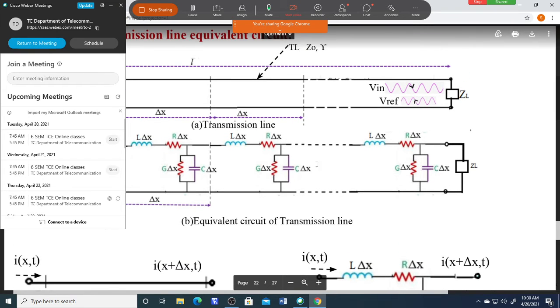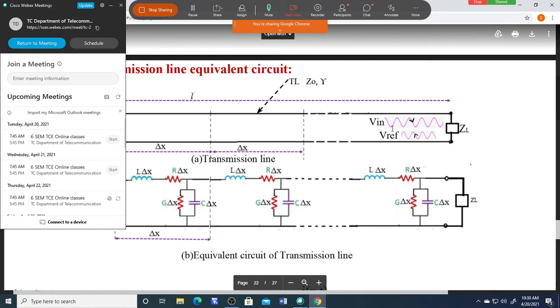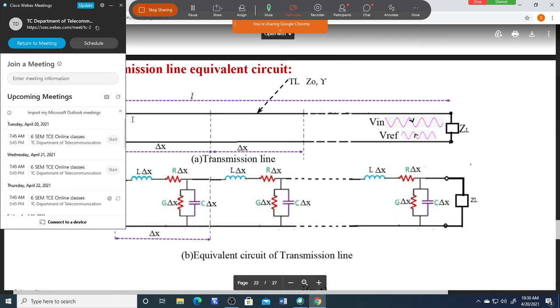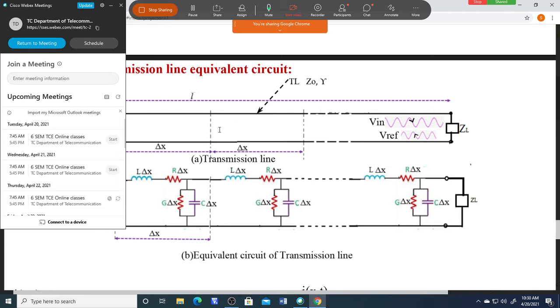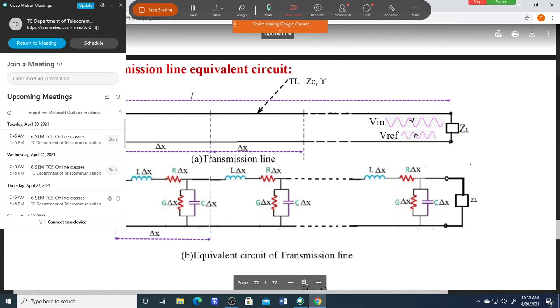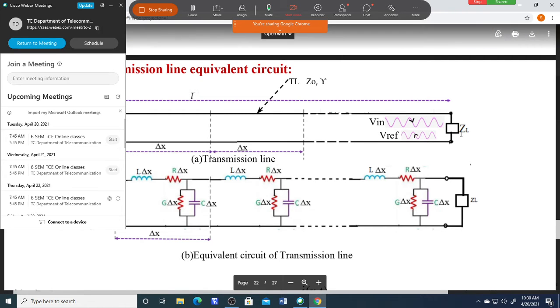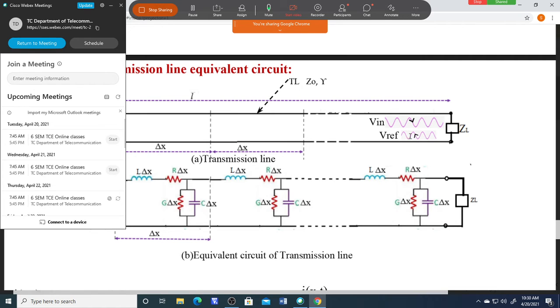Now here, this is a voltage wave what I indicated. So at any point we cannot simply treat this signal as the voltage corresponding to this voltage, because there are two waves moving, one in the opposite direction and of the same frequency. See, this is an incident wave, it has some particular frequency. The reflected wave has a frequency. Frequency doesn't change after reflection. The frequency of the signal does not change, only the amplitude and phase of this change.